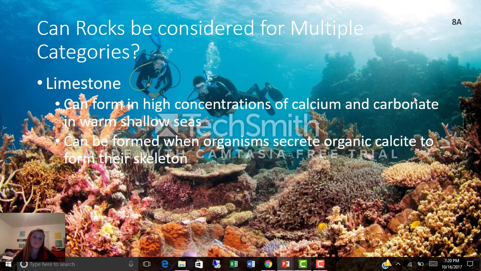Can we consider rocks for multiple categories? Well, limestone is an example of a rock that can be considered both chemical and biochemical in origin. What it's called depends on the environment in which it was deposited. Limestone is a common sedimentary rock, and it is composed primarily of calcite. It can form in a variety of ways, one example being formed in the warm, shallow seas of the Bahamas,